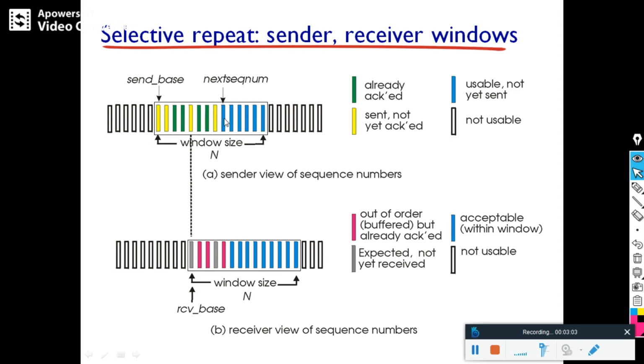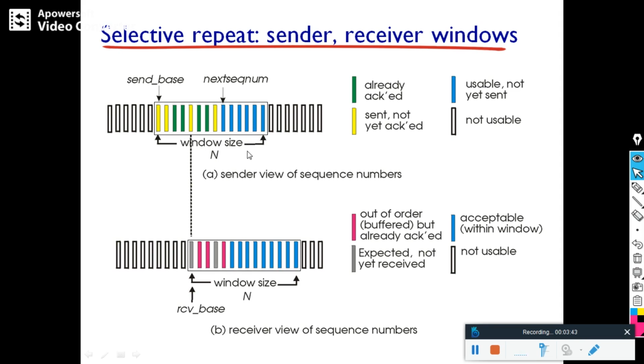Different colors have been used here. Yellow means sent but not acknowledged, and in between you can see some acknowledged packets. In the receiver window you can also see a red colored packet. This is an out of order packet, while the expected packet, not yet received, is represented like this. When this packet is received, the receiver window will move. On the sender side, when it receives the acknowledgement for this packet, the sender window will slide. So this is selective repeat.